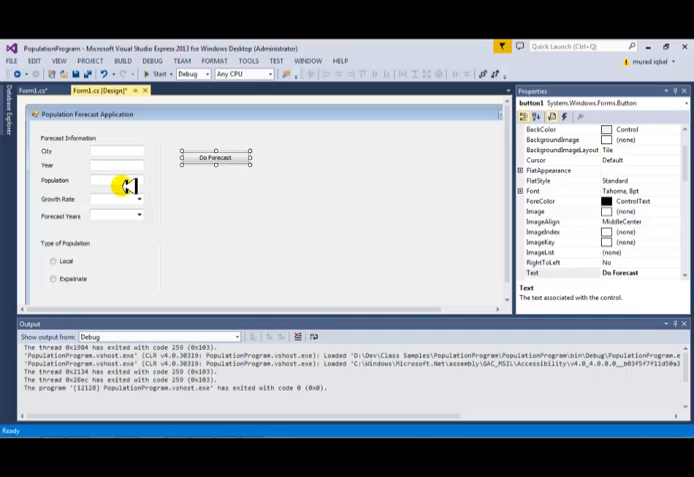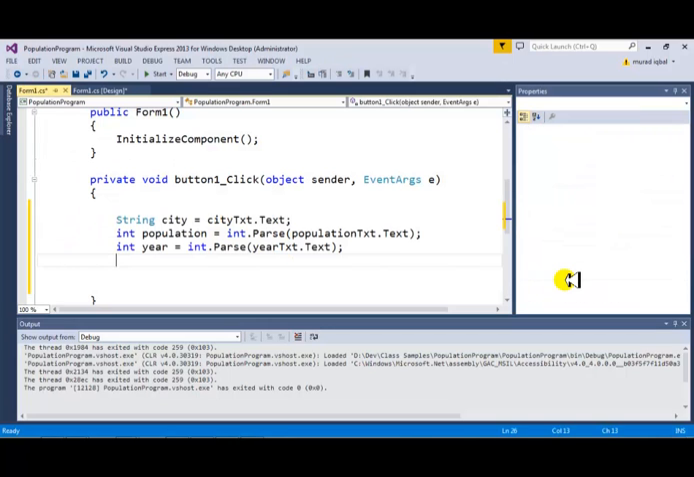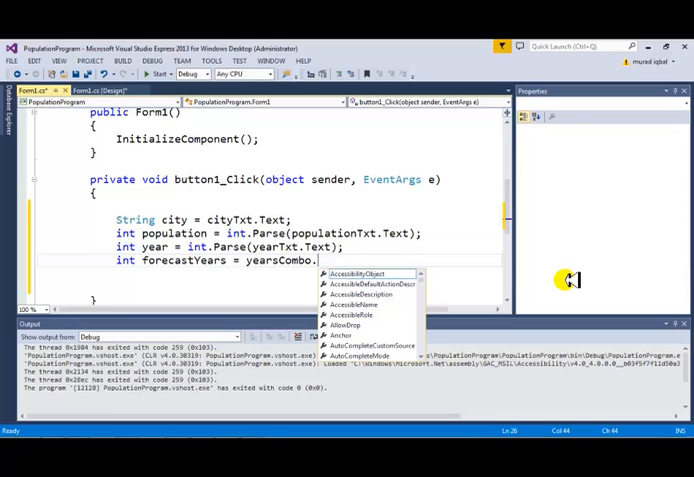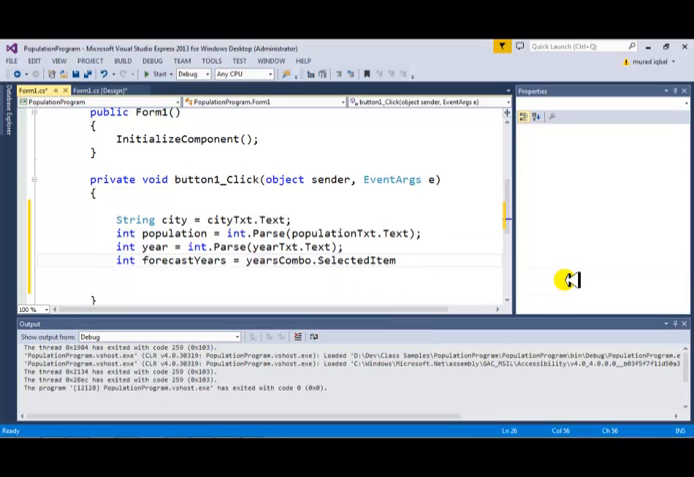city, year, population, growth rate, and forecast years. How many years do I need to get this forecast for? 1 year, 2 years, 5 years, 7 years. And forecast years is equal to years combo.selected item. So now this will give me what is selected, and do selected item, and then you have to